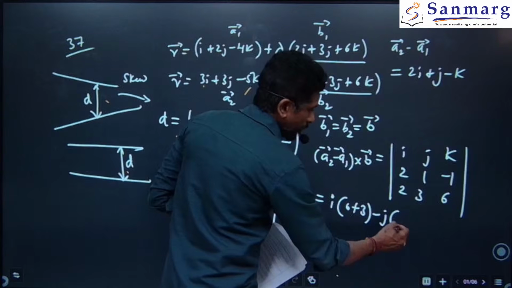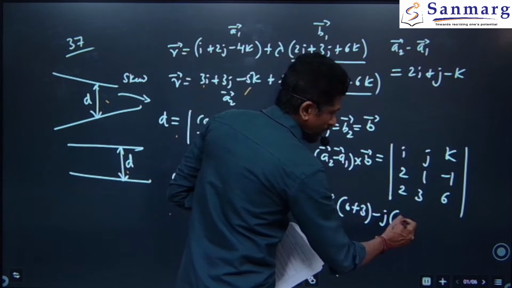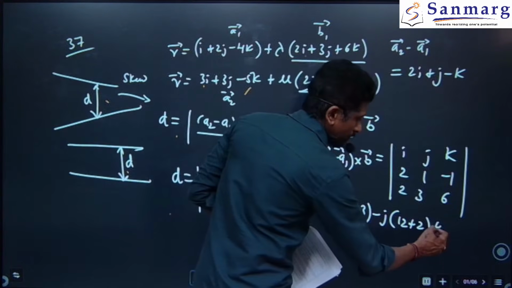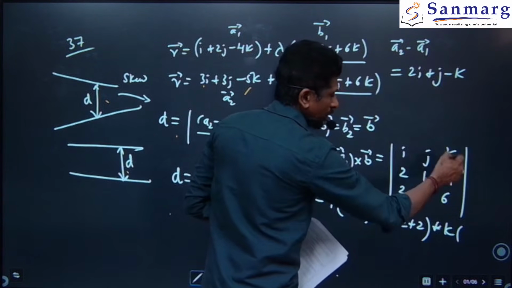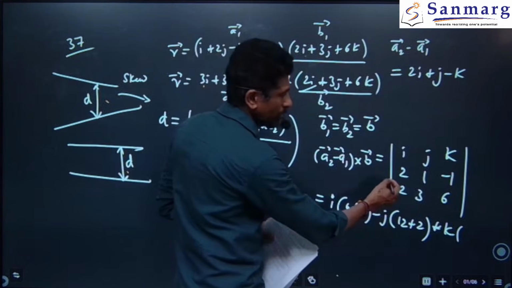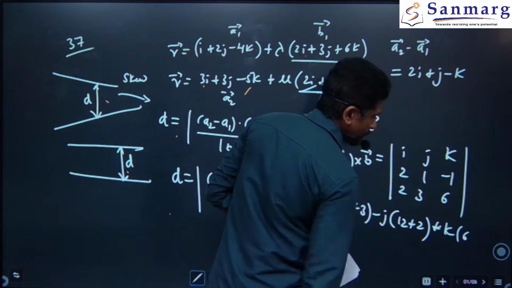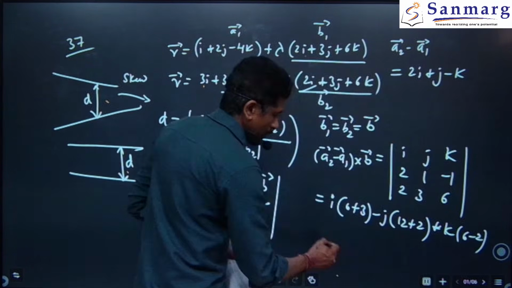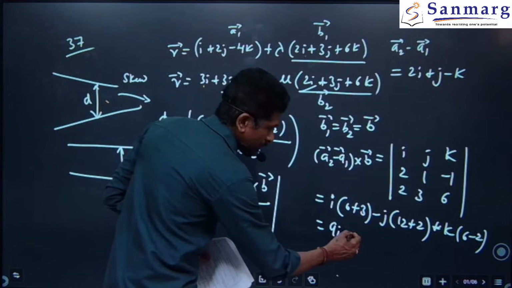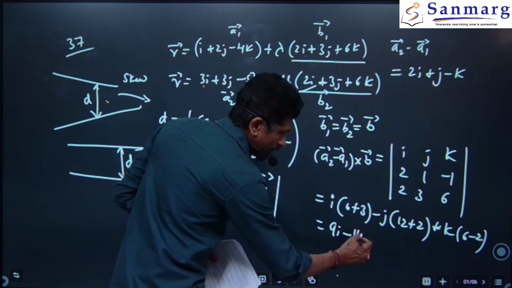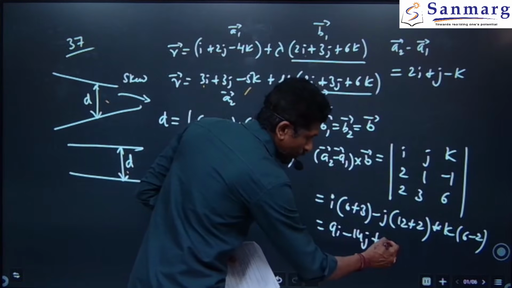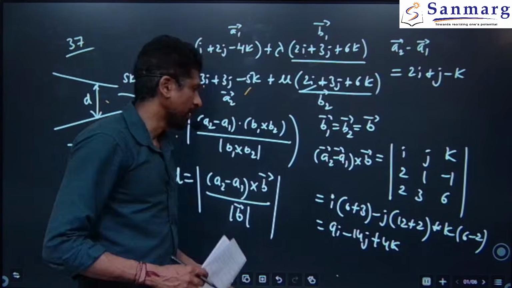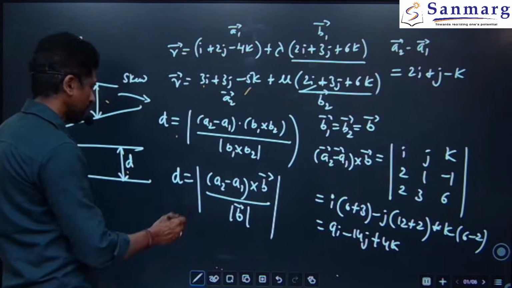Next minus j: 12 minus of minus becomes again plus 2. Next k, considering the first and second columns, eliminating the third column, 6 minus 2 comes. So automatically the vector is 9i minus 14j plus 4k. And for that you have to find the modulus now. So automatically d becomes now